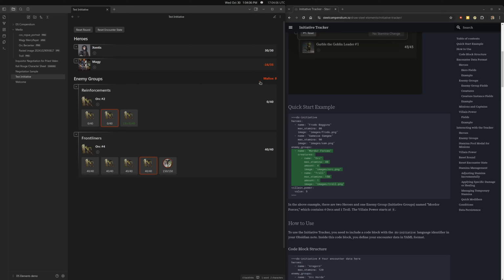Malice, you can increase these, decrease these. Like I said, maybe the reset round is actually going to modify your malice for you. But for now, you can just track that there. And then I think that's mostly it. The last thing is just conditions. This is not in the final state. I'm not super thrilled with how this is looking, but